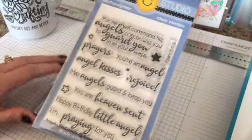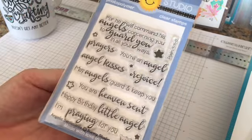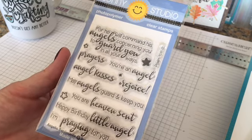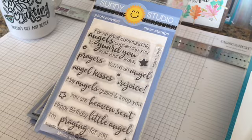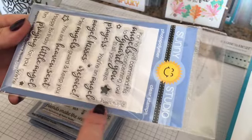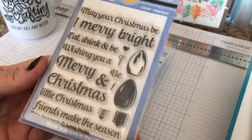And then this stamp set, I believe, coordinates with it. It's Angelic Sentiments, and it's got some really cute scripty fonts also. But what is cute is, you can use the angels for Christmas, but they would also make adorable baby cards, or if you have a friend who's getting their baby baptized, or if you have scrapbooking pages where you've got your baby baptized, this would be perfect. It's got even a nice Bible scripture for Psalms on there. I love that. Okay, next stamp set I picked up is Merry